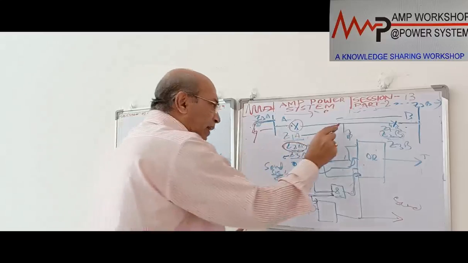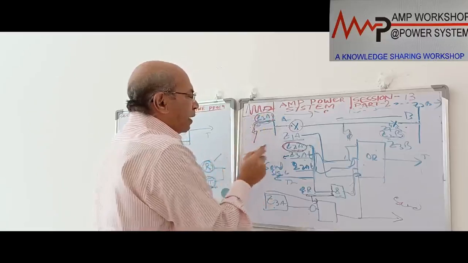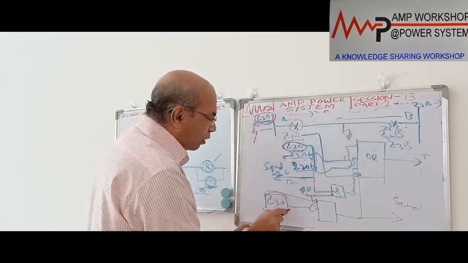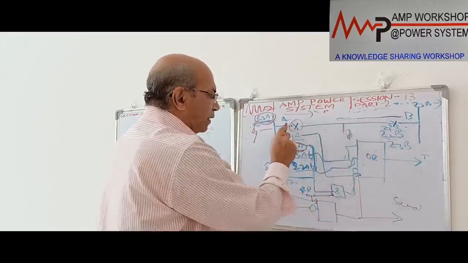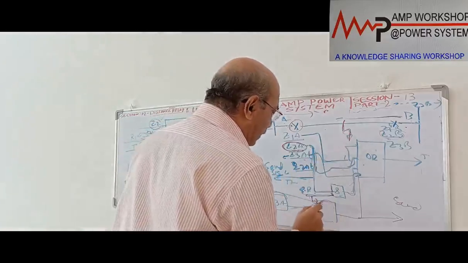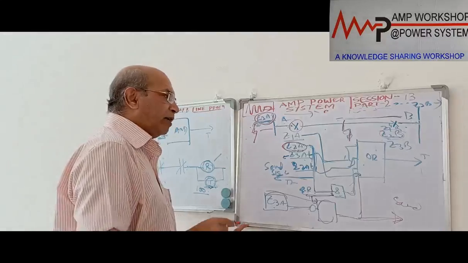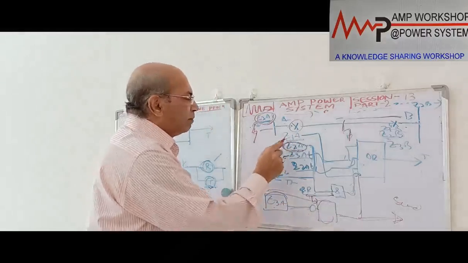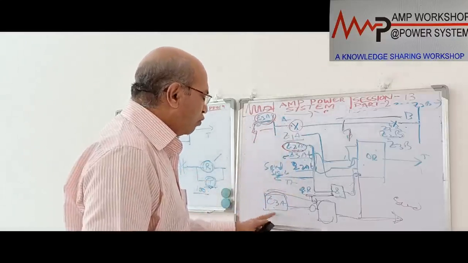Now in this case there is another issue. When the fault is over here, the Z3 element will not operate. Now we are talking about the blocking scheme, we are merging with this. This element not working means the fault is inside, and at the same time permissive is received from here. In that case the fault is inside, and immediately this will get a trip command and it will issue a send signal. So that means tripping is ensured by the blocking scheme as well as the permissive overreach scheme. As these two schemes are mixing in this scheme, that's why we call this the hybrid scheme.